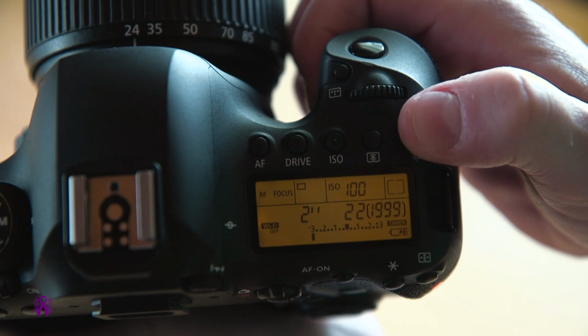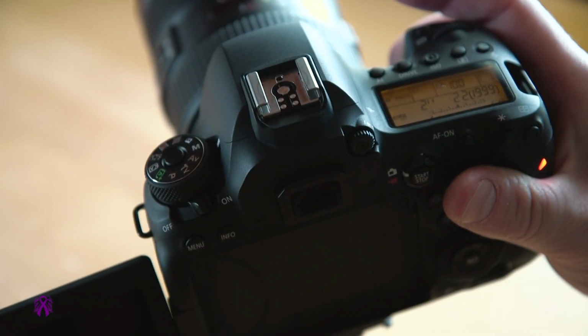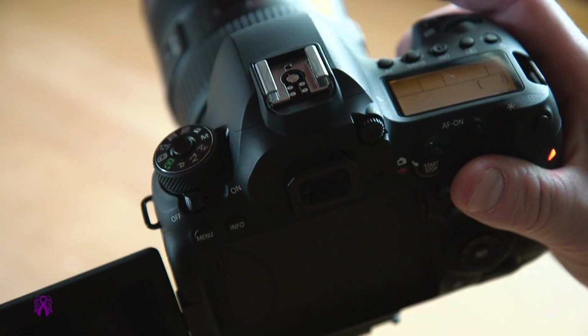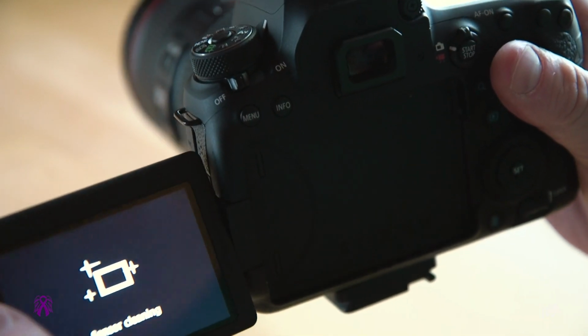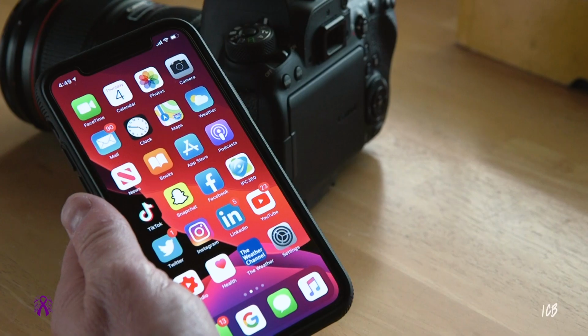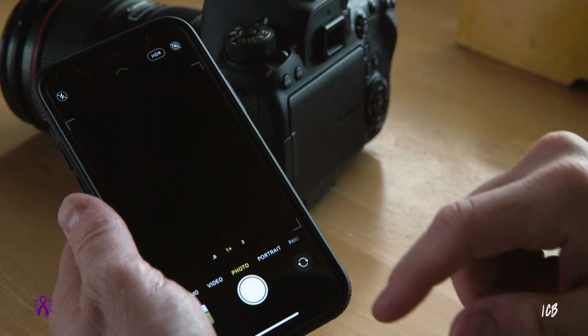So it's doing it about every 2 seconds, and it will continue either until the card is full, the battery runs out, or you stop it, just like that. And that's all there is to it. That's the hard part. Now for the iPhone, obviously all you had to do is hit this button right here